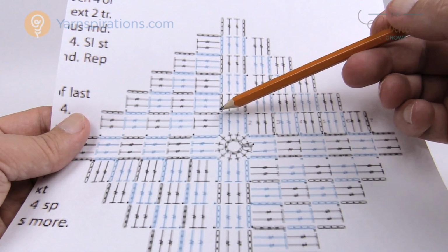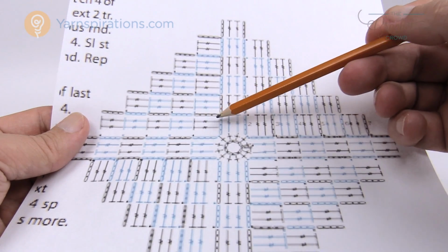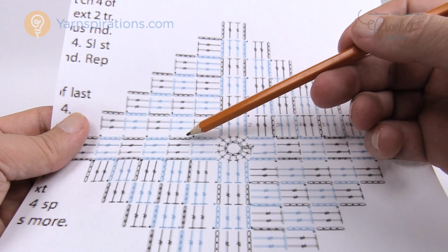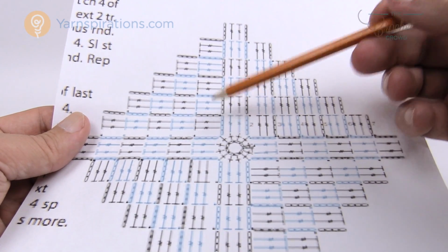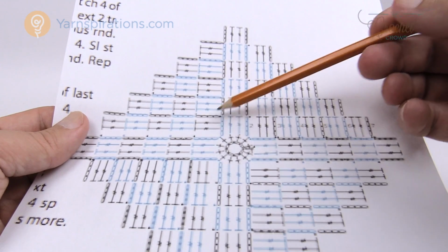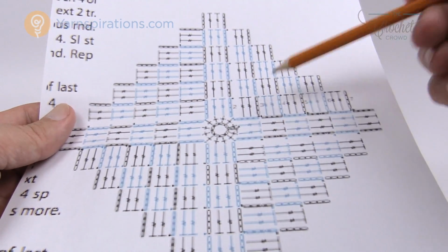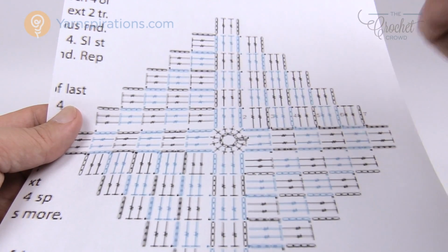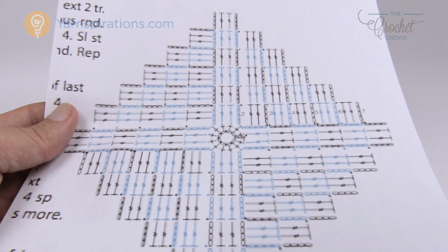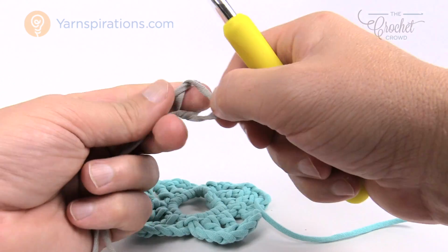4 to come back down, and then this is where the storyline changes. Do you see how the first one is then going to be leaning in this direction, and then this one is going to be then building up. So this one here is the start of all of them starting to lean. So this particular side will lean this way, this will lean this way, this will lean this way, and this way. And if you just look at what direction that they're sitting in, it gives you a good indication on where you should go. So let's begin again, and I'm gonna start a slip knot, and let's do the next